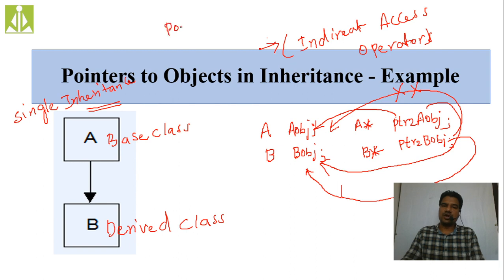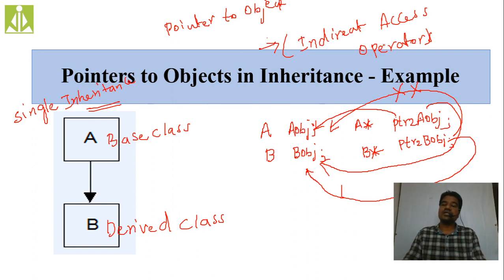Whenever we have the concept of pointer to object, we use the indirect access operator. So this pointer to object in inheritance is related to the pointer to object concept only. That is the reason why we have to use the indirect access operator in our discussion. Okay, so one more thing you have to understand over here, after making this base class pointer to point to the